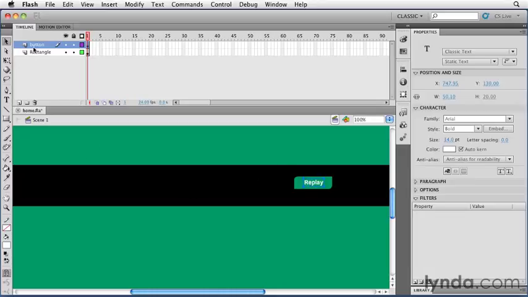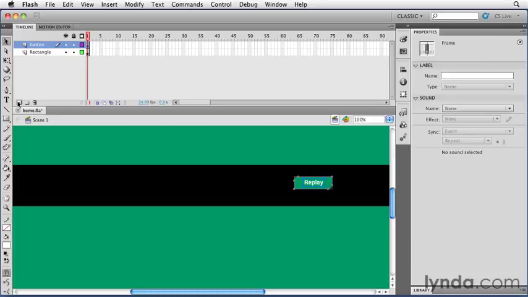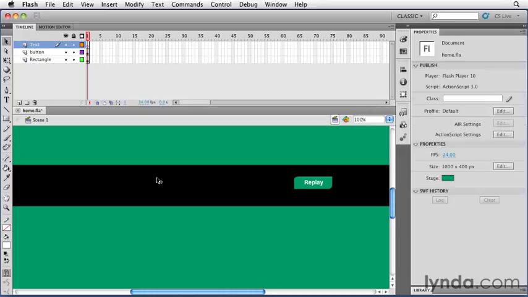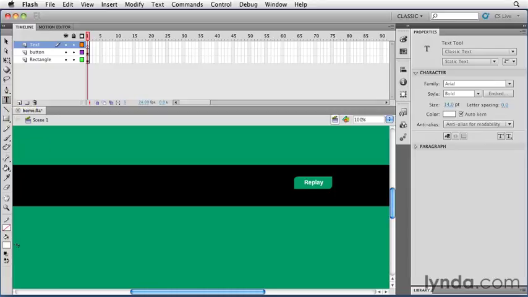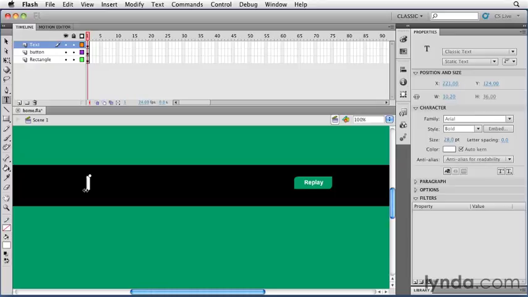Now I want to go beyond, again, this button and create a new layer. Actually change the layer name to text because I'm going to have a larger statement I want to appear right here. I'm going to select the text tool. Notice how it defaults to my last settings, so that looks pretty good. But in fact, I want to up this to about 28 points. And then I want to type in here on my stage